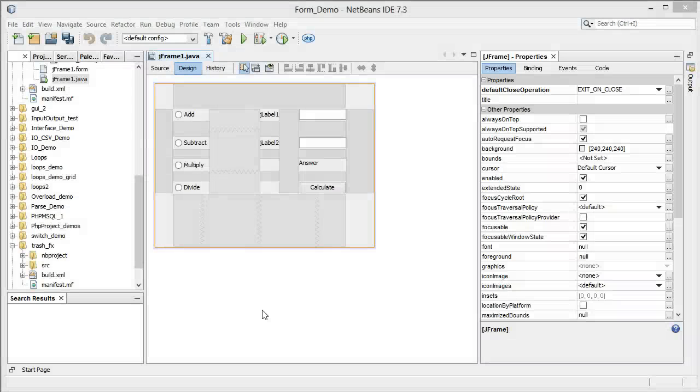Java, First Form, Part 5. Okay, in this section what we're going to do now is take our calculate button right here, and tie that to our different radio buttons. That way we can pick the radio button, put our numbers in, hit calculate, and do the appropriate calculation